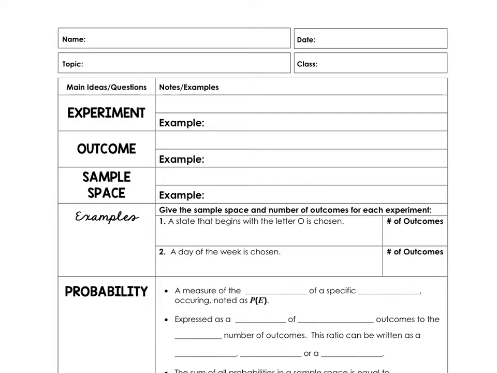So we're gonna jump right into probability here and talk about what it actually means and where we're going with this. You guys know what an experiment is, right? It is an investigation with varying results. So we're going to do something and there's things that could happen. That's pretty much what we're doing. An outcome